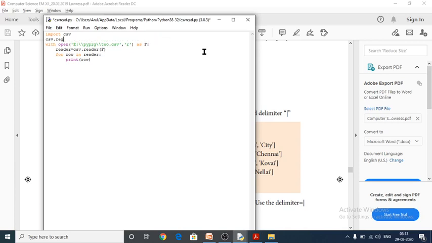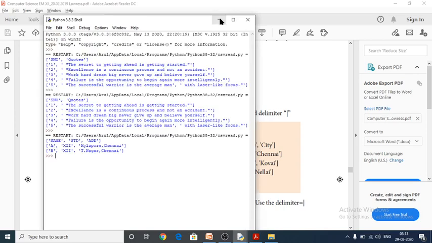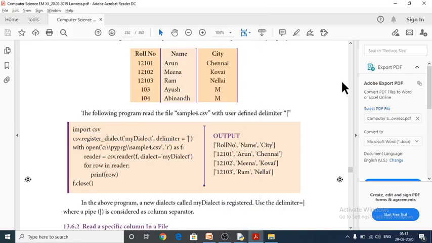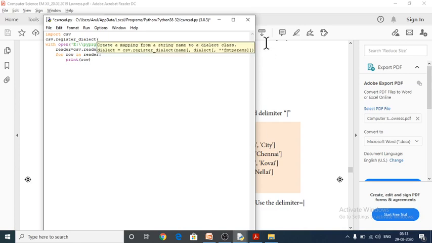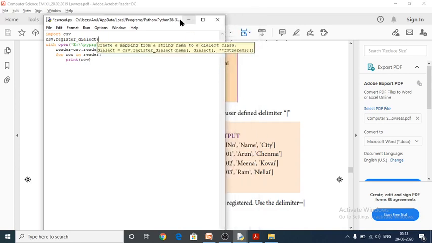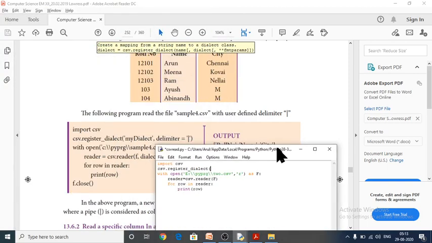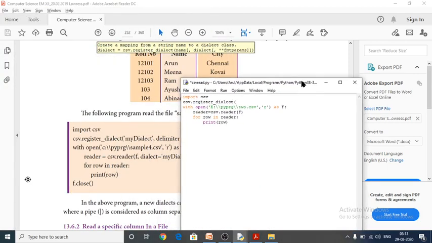Manually I would like to type this one, csv dot register underscore dialect. Within the bracket I would like to give my dialect.